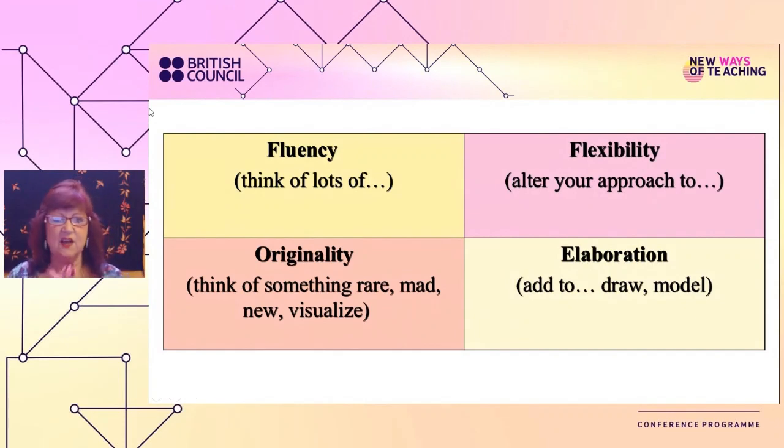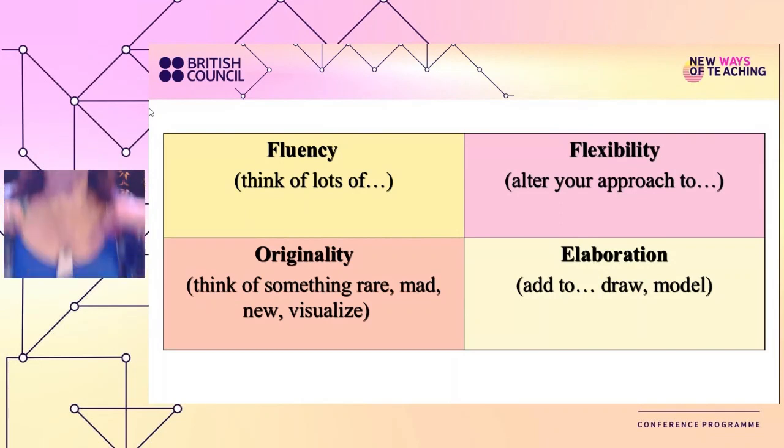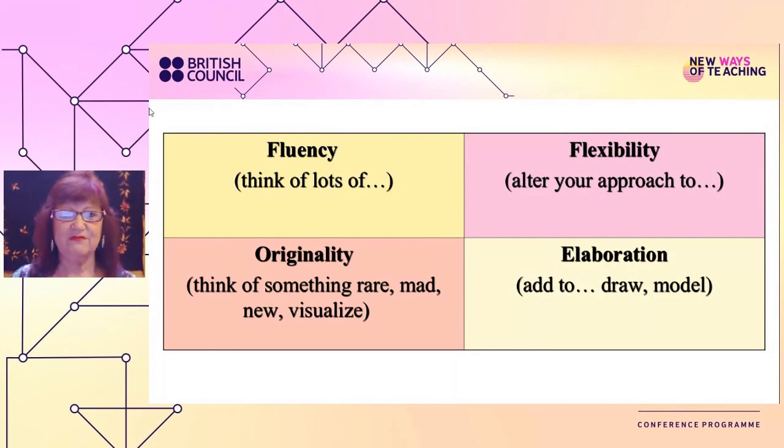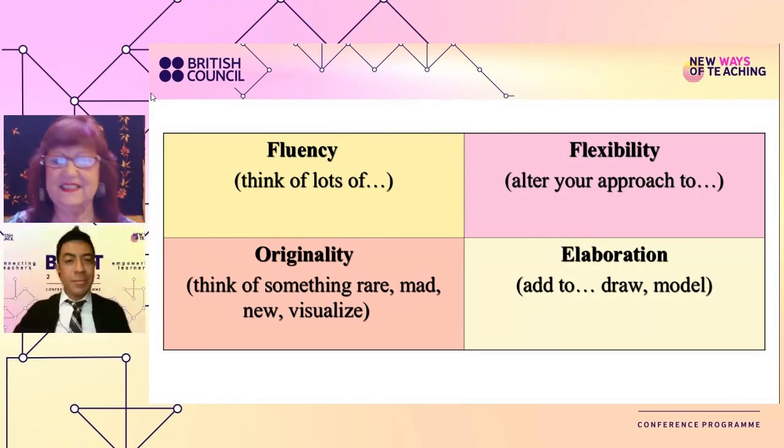Okay, one of the ways of being creative is to be fluent. Think of lots and lots of things that are blue. Can you write in the box things which are blue? Anything at all. I'm wearing blue today. I don't know if you can see. I'm wearing blue. I guess you're saying things like the sea, the sky, the Star of Bethlehem. Right. Let's just wait for the comments.